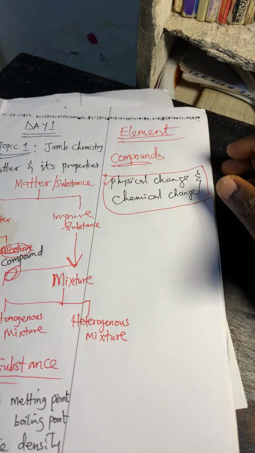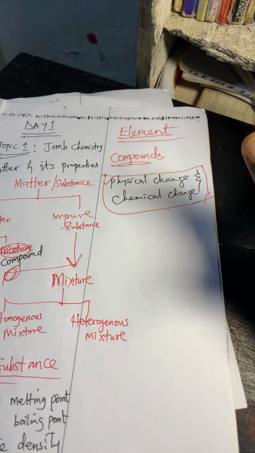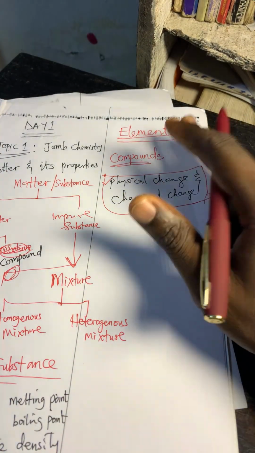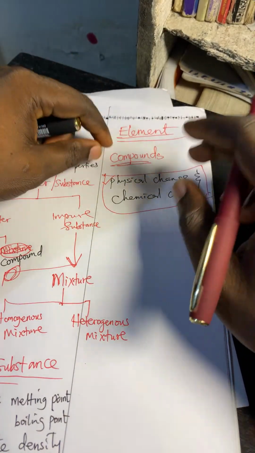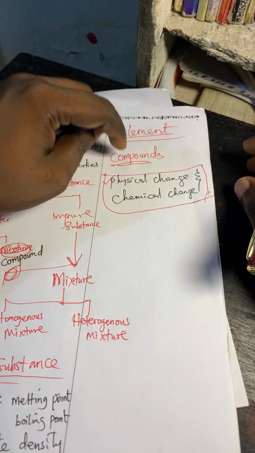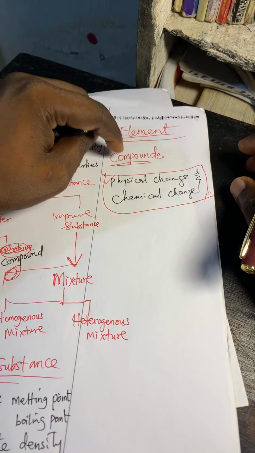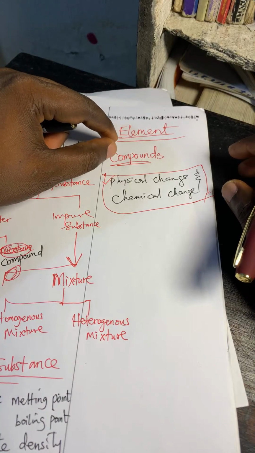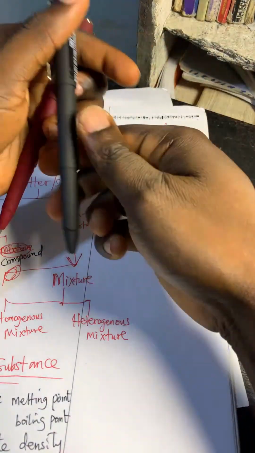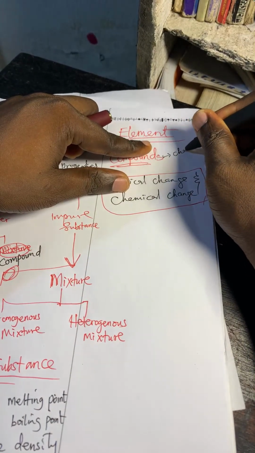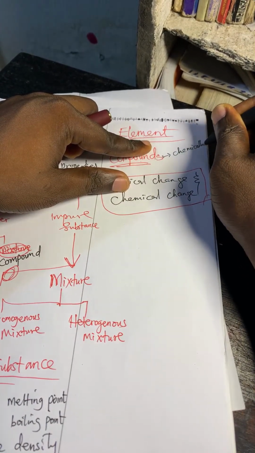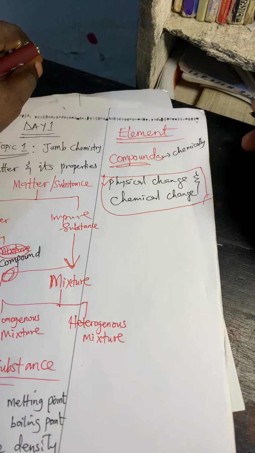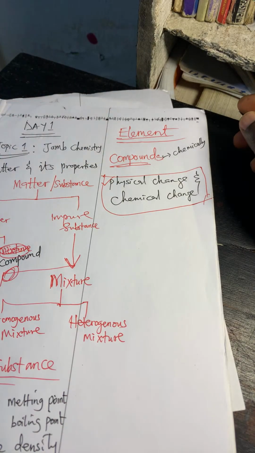I say compound, it simply means compounds are substances which contain two or more elements, chemically combined together. When we talk about compound, they combine how? Chemically. Are you seeing it? They combine chemically. Now we are going somewhere. This is just an hour interval and we are done.